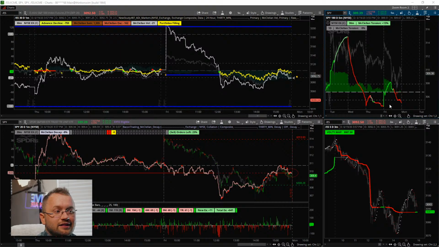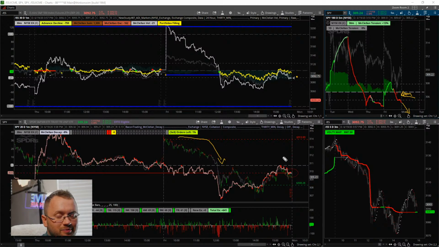The only way that I think you could be positioned right now, if you think that the bears are going to come in and be able to take daily tension down, and if you think that this hit right here that pushed out all these positions was good enough, I still think you shouldn't be holding short over the weekend. I think that you should be waiting to see if the bears are going to participate. I don't think it's quite ready yet. We don't have bears, so who are you trading with?